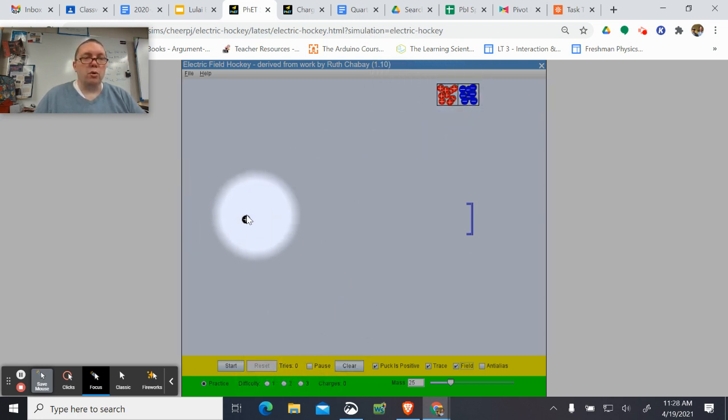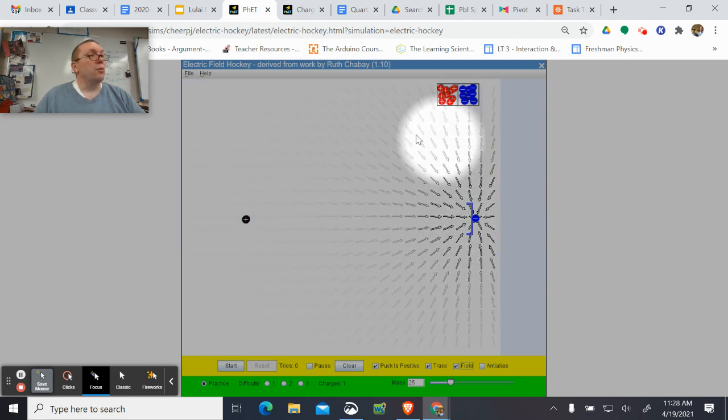And if I want to score a goal, well, this is a positive charge. One way to score a goal is to just put a negative charge right here. And as soon as I do that, we see that the simulation adds all of these little arrows. And the darker the arrow, and again, those are electric field vector arrows, these electric field vector arrows show us what happens to the field in these areas, and we see that it's a stronger field near this charge and weaker away from that charge.